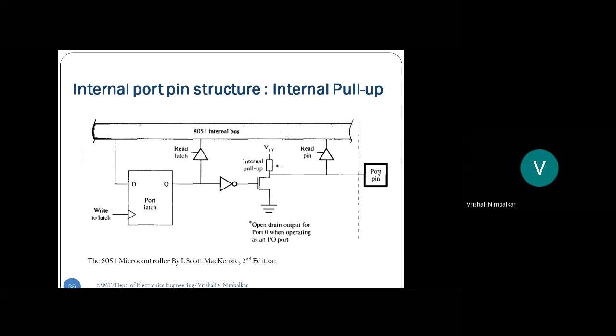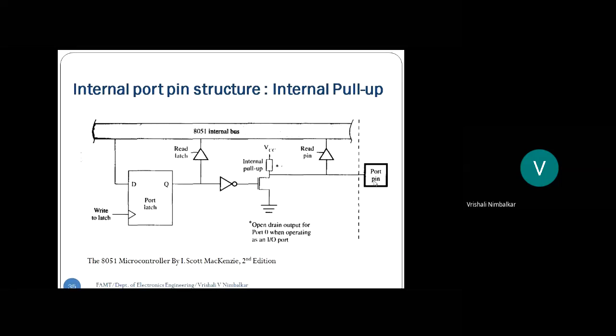Okay, so this is where the pin is, the 40 pin package we say. The user will give some logic 1 or logic 0 on the pin. Whereas this is the internal structure. And see here, every pin has a latch. Every port has a buffer, driver. So that's the driver circuit and this is the D latch. Right. So whenever the microcontroller puts something on the data bus, it goes to the latch and from the latch it goes to the pin. So writing happens on the latch and then it goes to the pin.